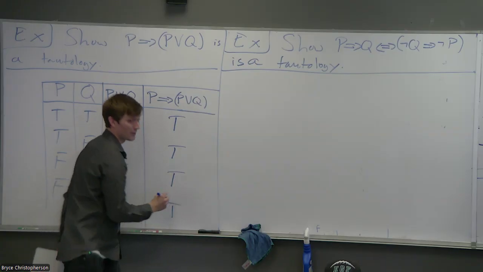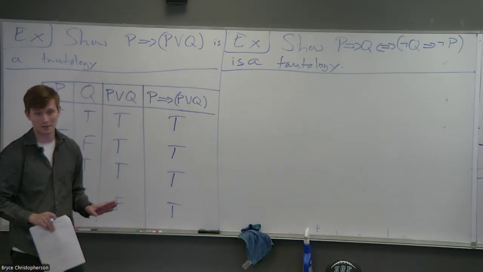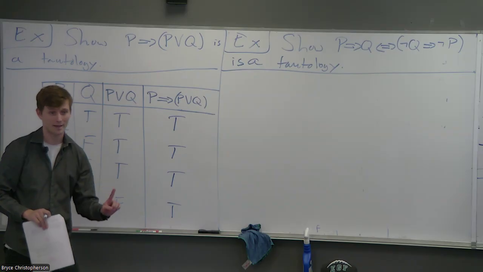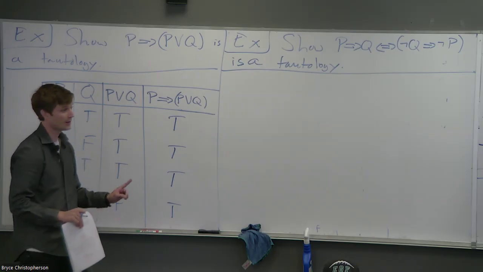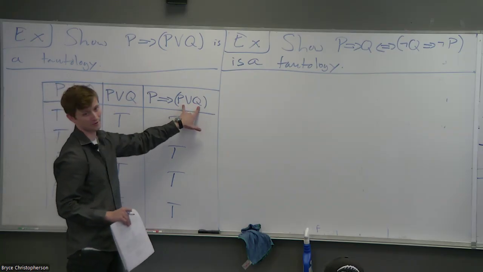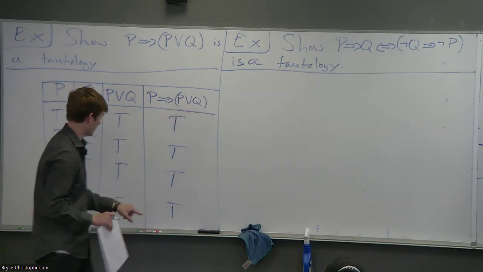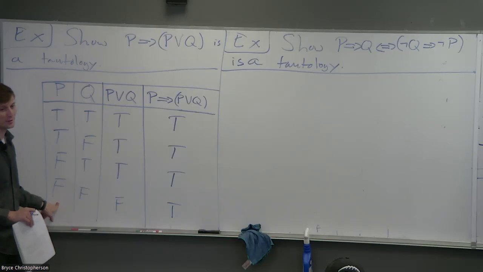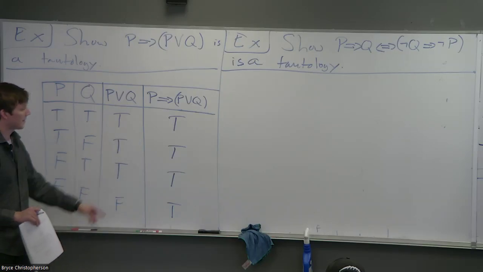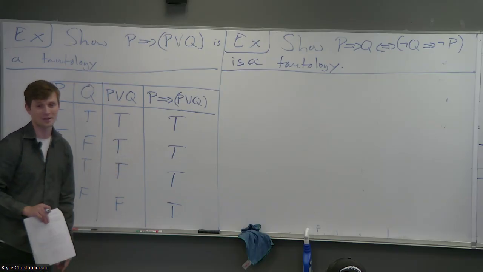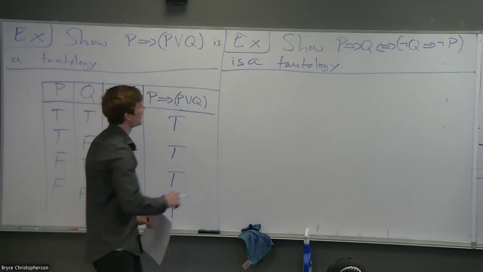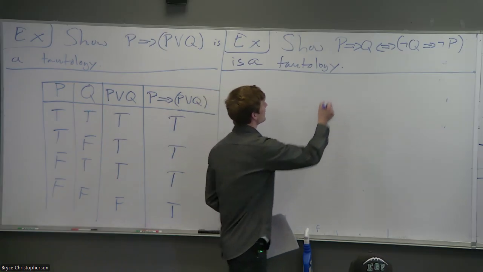That is, implications are easy to deal with because you automatically know it's going to be false only where the second thing is false, but the first thing is true. So we look when it's false, and we say the first thing, look, it's not true, so we're good everywhere. Always true. All right, sweet. Hey, last column's all T's. It's a tautology. Great. Now let's show that P implies Q